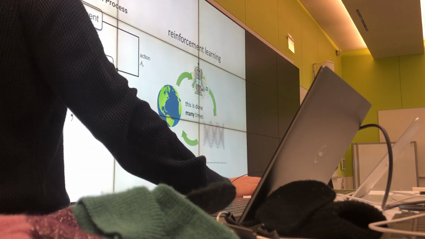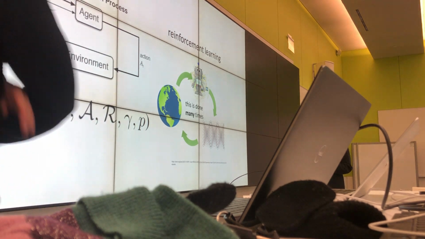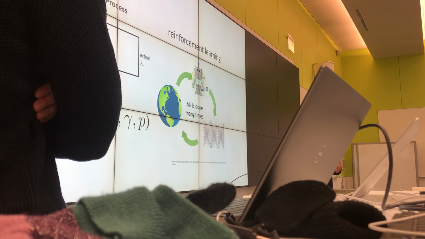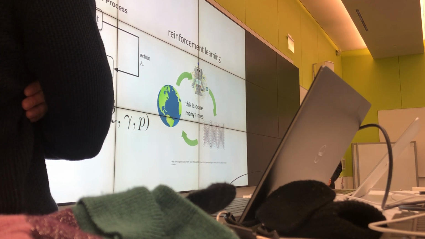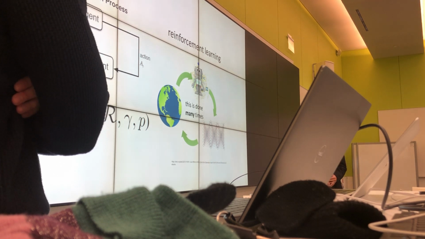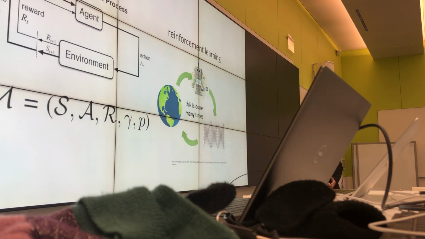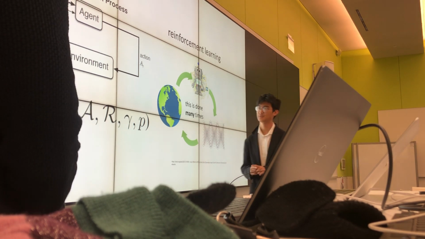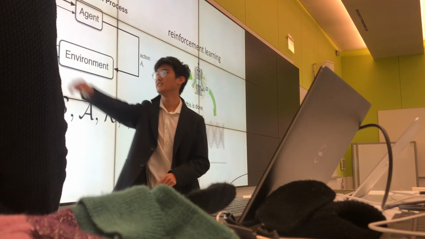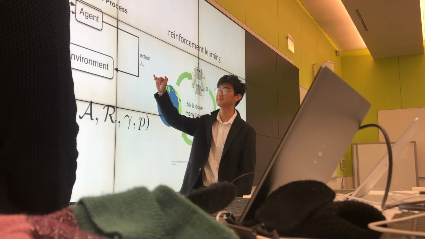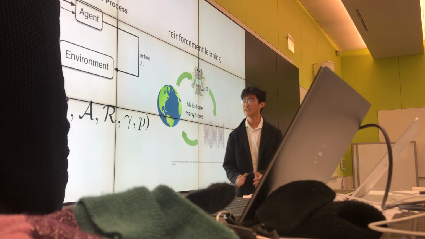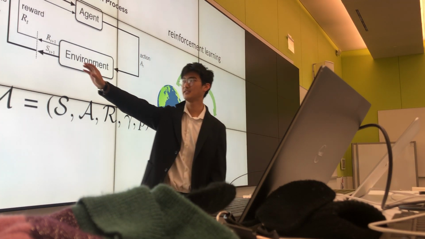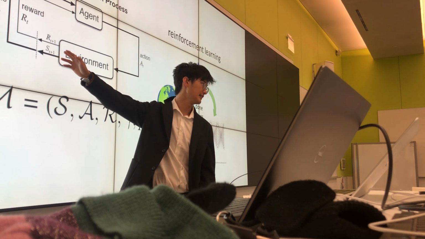Okay, so let me give a brief introduction to the formalism of RL. The main object that we look at in RL is called the Markov decision process. The Markov decision process comes from a typical stochastic Markov process, but we add two things. The first thing that we add is this reward, and the second thing that we add is this action. And so what we have here is this setup where we have an environment which stochastically outputs a new state and a new reward at each time step.